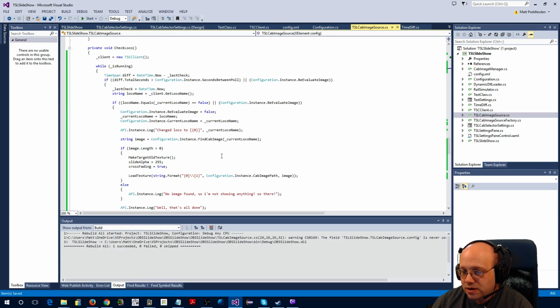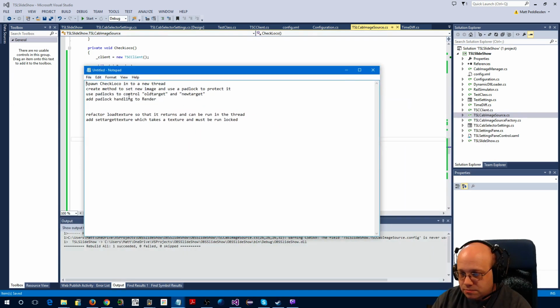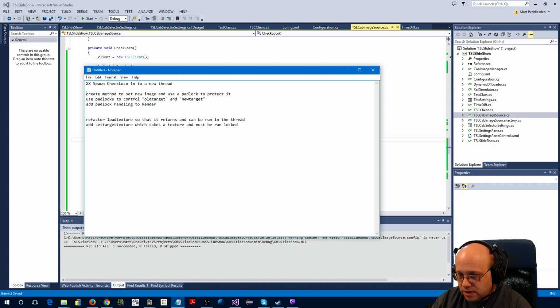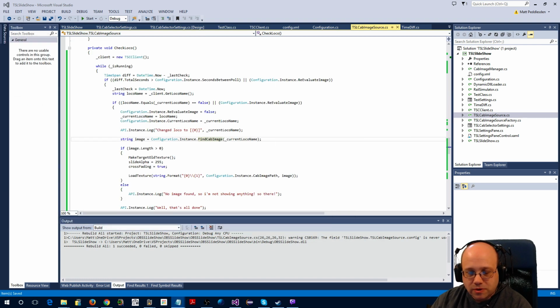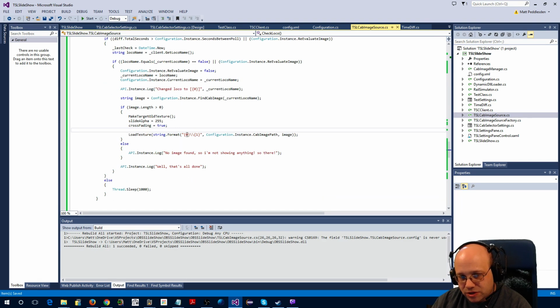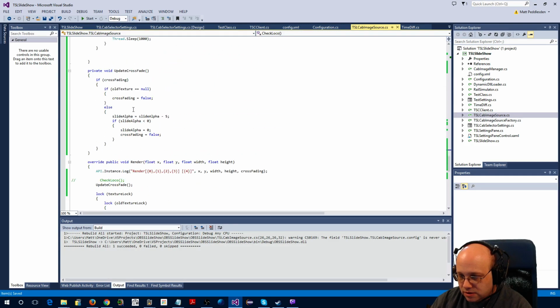So now I need to make it so that the things that aren't in this function, that can run away, are not going to cause concurrent exceptions where you have things happening in different threads. When you have multiple threads running together, you have to manage how. Looking at my little task list I set up for today: spawn check loco in a new thread. Done. Refactor load texture. Right, so let's do that next. At the moment this has brought all the network traffic out into another thread, but I've got this lot that needs to happen. Let's put the locking in, because then once the locking's in we can see why we need to do the file handling. So essentially in here,